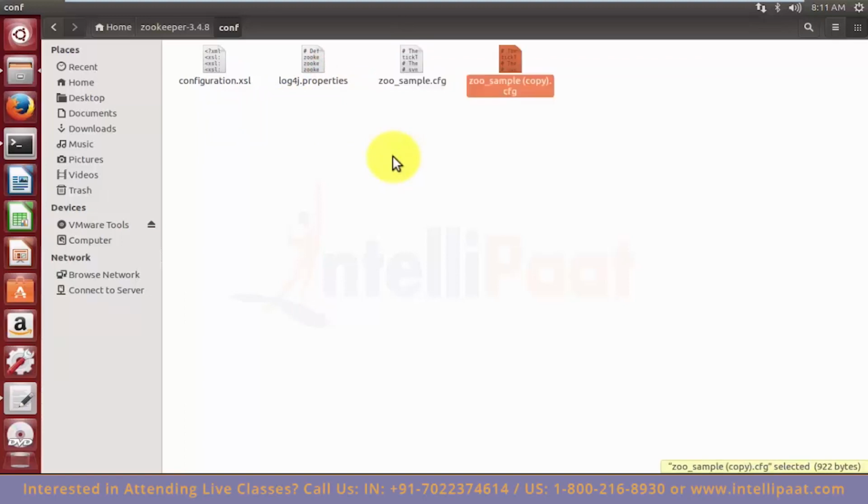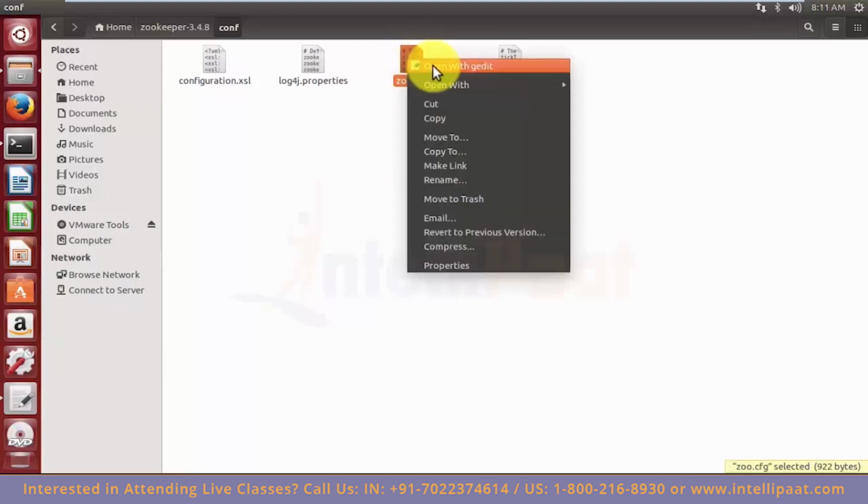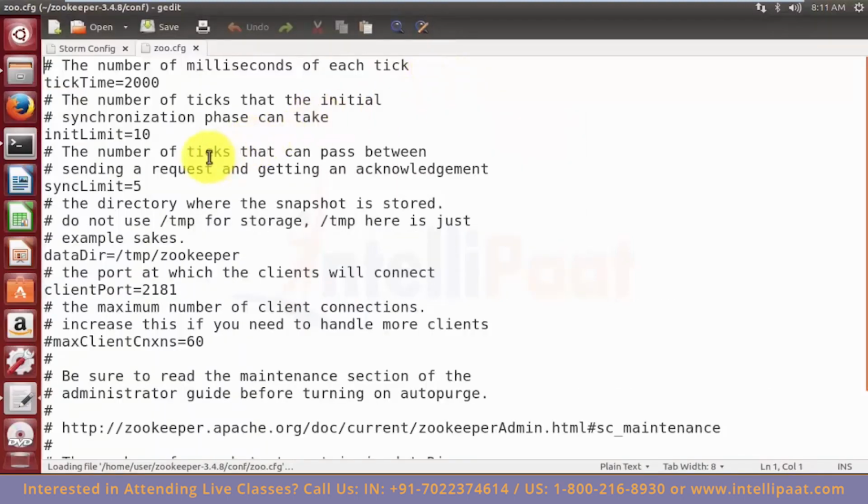Let's copy and paste, create a new file, and I'm going to delete the copy and the sample part and create a new one, zoo.cfg. So cfg is like configuration file. Let's click open with gedit, and then I'm going to see different options which are listed there. I'm not going to play with the options as of now. The data directory is something that I can